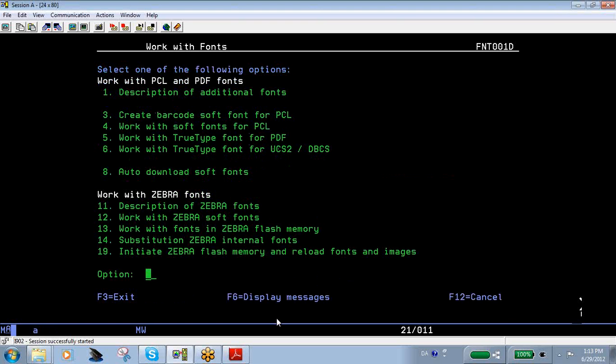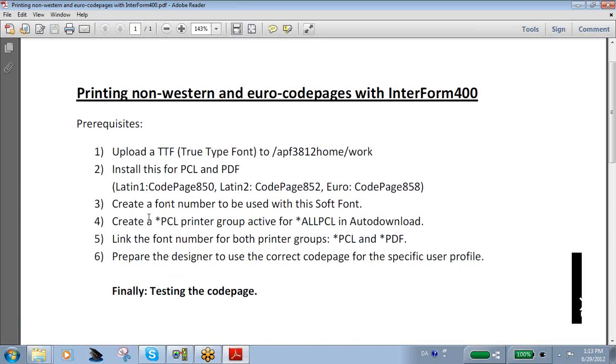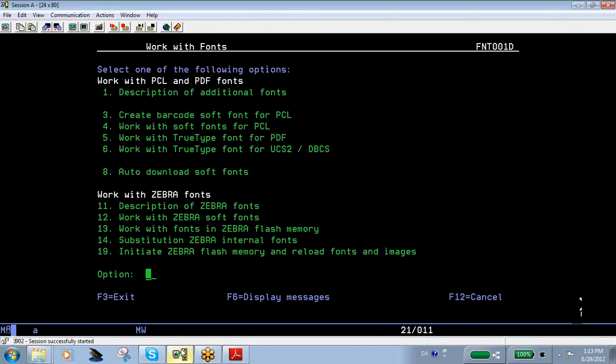So now we need to go on here and link. First of all, we need to prepare our auto-download specifications. So we have a printer group containing, I would suggest normally to create a printer group for all PCL output. So you have just one single printer group for those, and that is done here through option 8, auto download